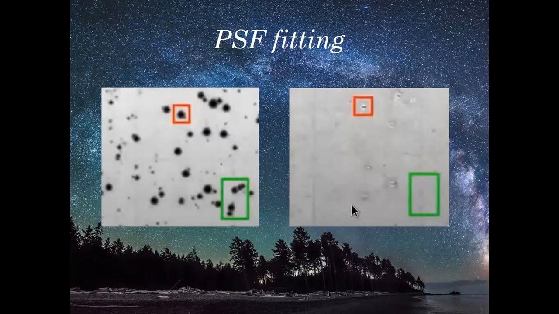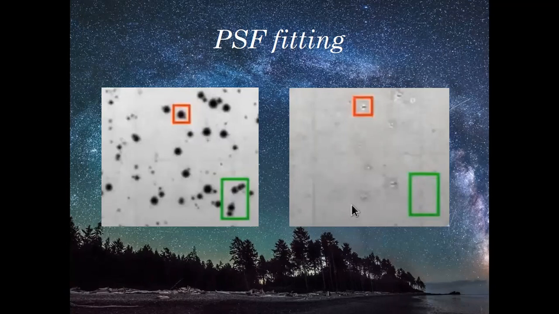The second step is the region that you want to image. The region of your choice is in this green zone. So how you will do PSF fitting is, first you will do the aperture photometry, the photometry that we have discussed till now, for the single star highlighted in the red box. Then you will subtract the aperture photometry result of this object in the red box from the entire image. When you subtract the magnitude of the bright star, the magnitude of the other stars will cease, and you will get the image on the right half.